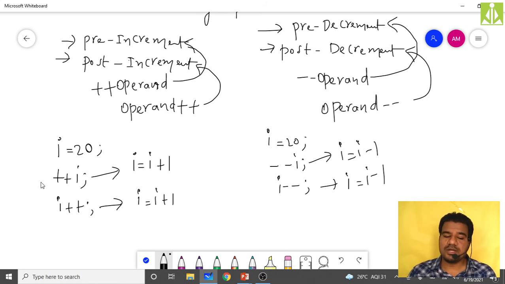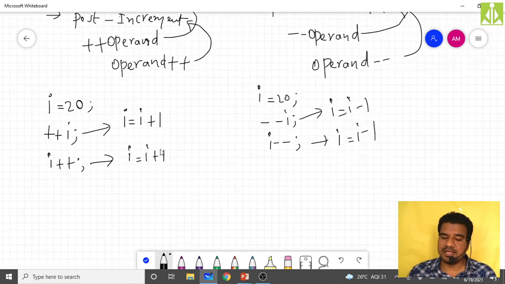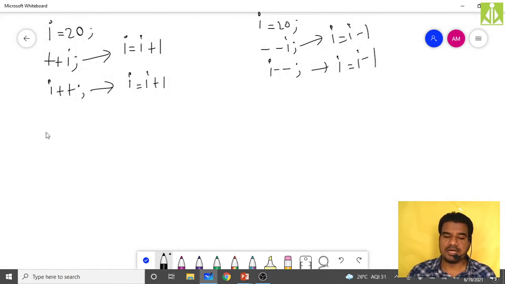Okay. So now what is the difference between pre-increment and post-increment? To understand this, we have to take another example. Take the I value like 20. Hopefully you understood whatever I have explained so far. So now I value is 20, and after this, if you take another variable j equals to plus plus I, then after this particular statement,